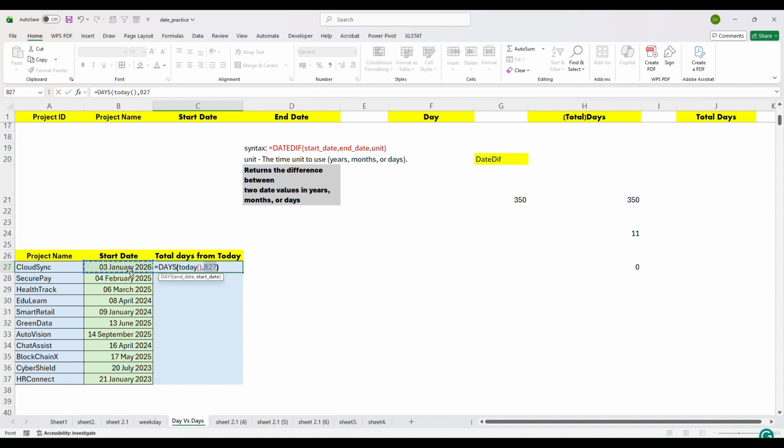Now close it. So what will we press now? We have to press enter, and the number of days that have passed since the start date for this project is 20 days. That means for this same project, we have been working on it for 20 days. Now, if you do the same thing,